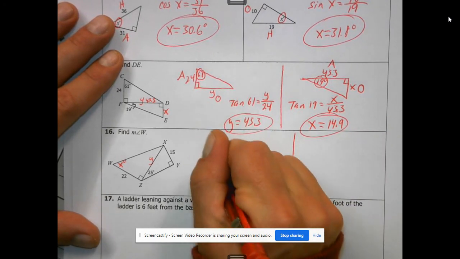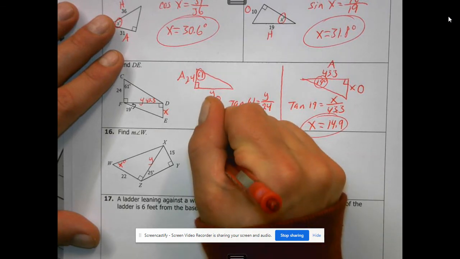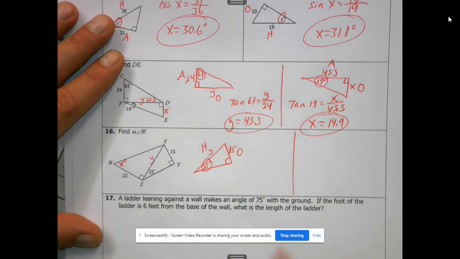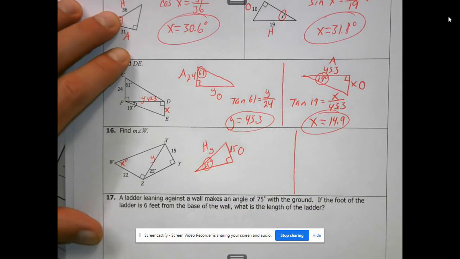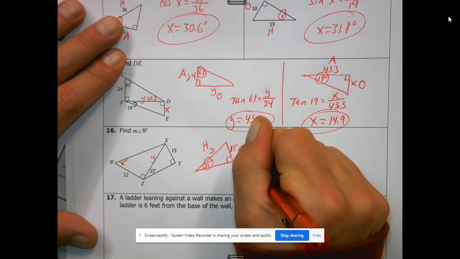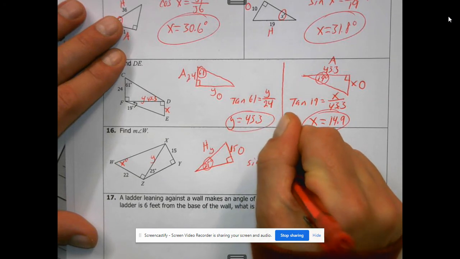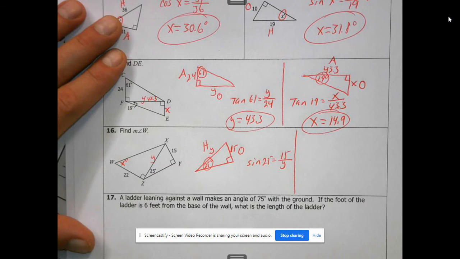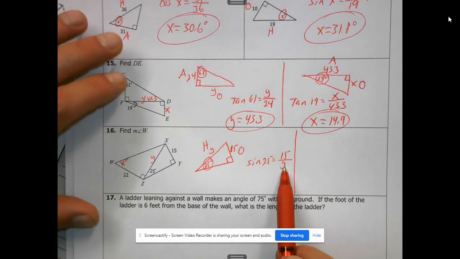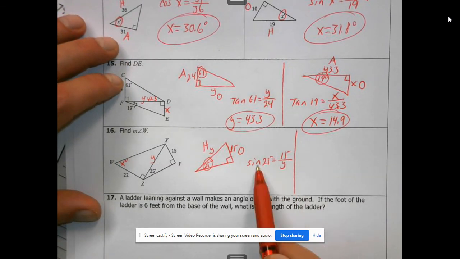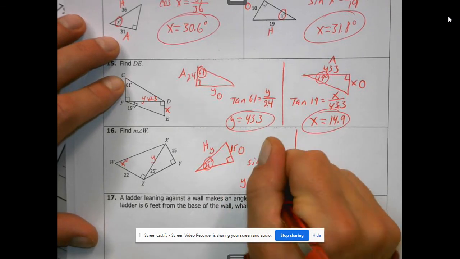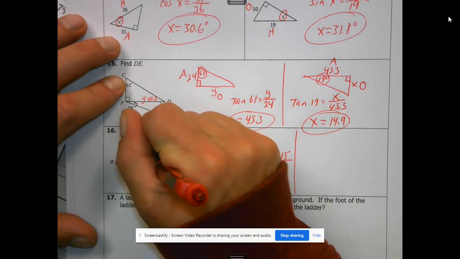Circle the angle you're working from. Label the pieces. Y is hypotenuse. The 15 is opposite. O and the H tells us to use sine. So set up. Sine of 25 equals opposite 15 over hypotenuse Y. If variable's on the bottom, we have to divide. So you're typing 15 divided by sine 25. That comes out to be 35.5. So this middle piece,